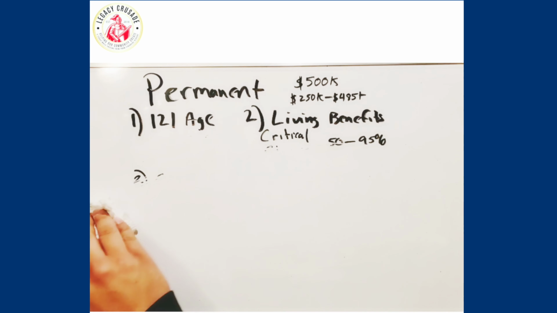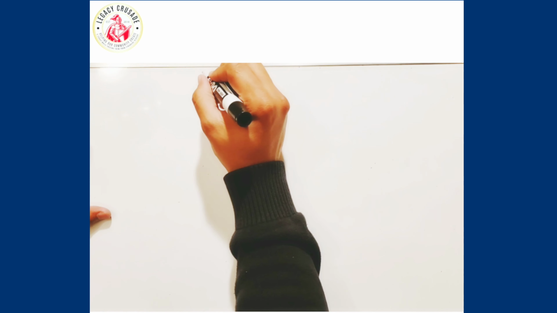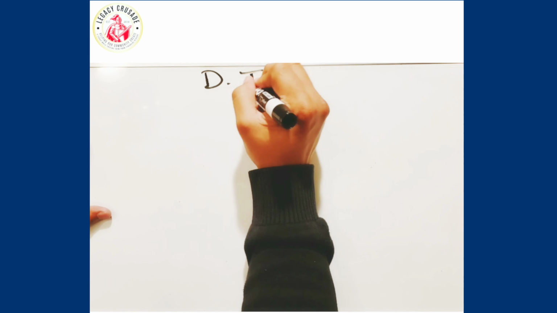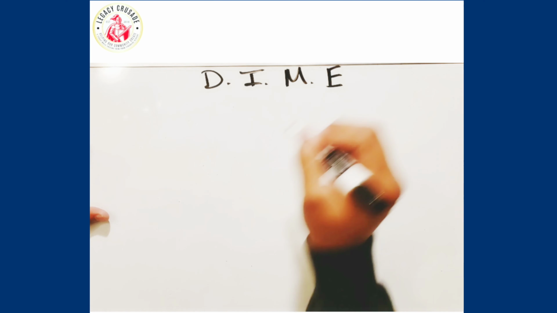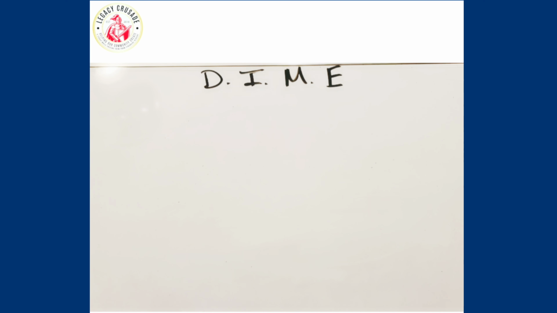And the last thing I'm going to show you is how to understand how much insurance you need, which is kind of a basic breakdown. So we call this your DIME. The reason why this is important is a lot of times when you go to your local life insurance agent, they just tell you, hey, just pay this and you'll get this amount. But they never actually break down how much you need. So I'm going to show you real quickly how you can determine what your insurable need is.